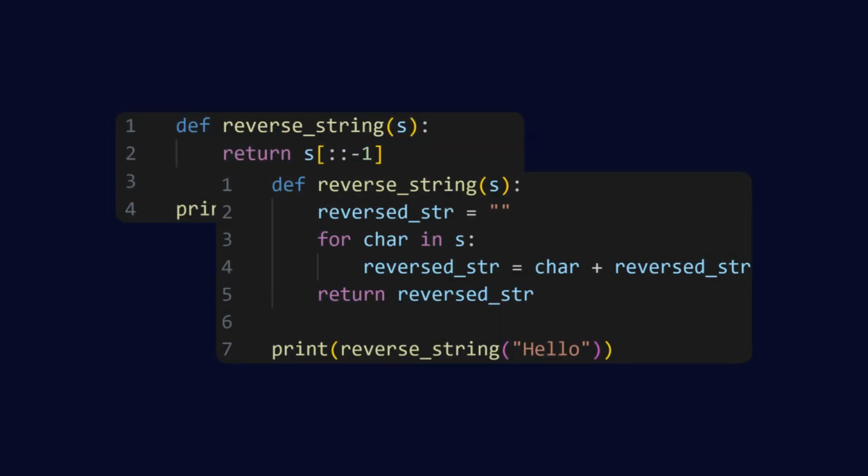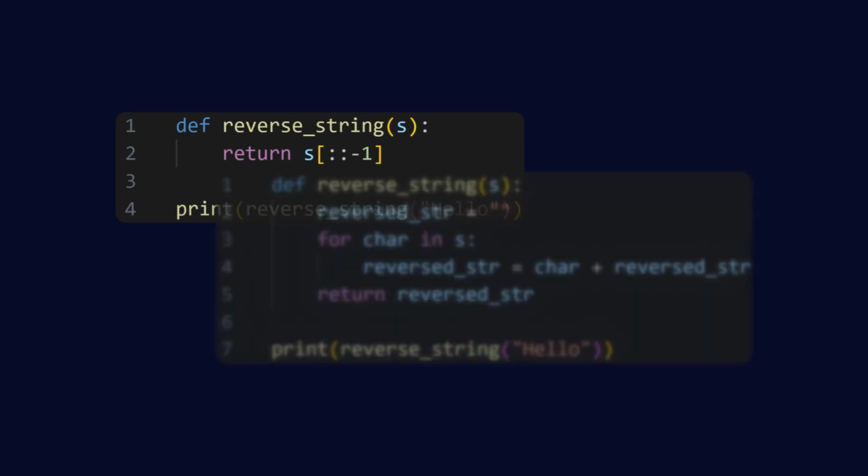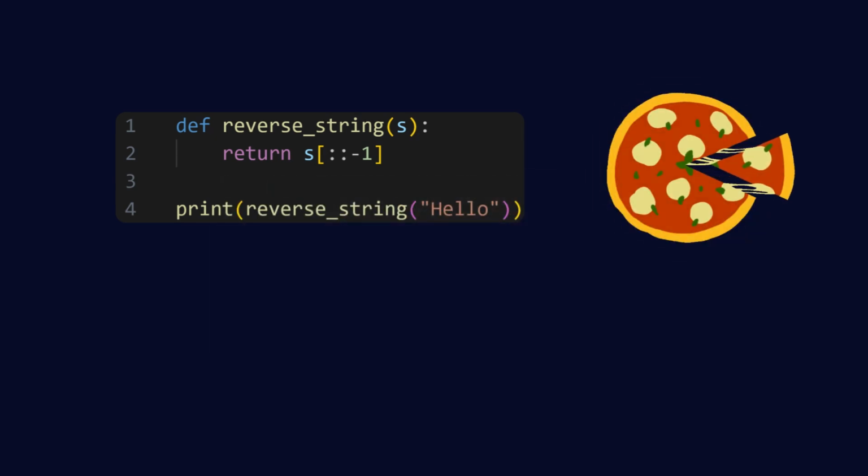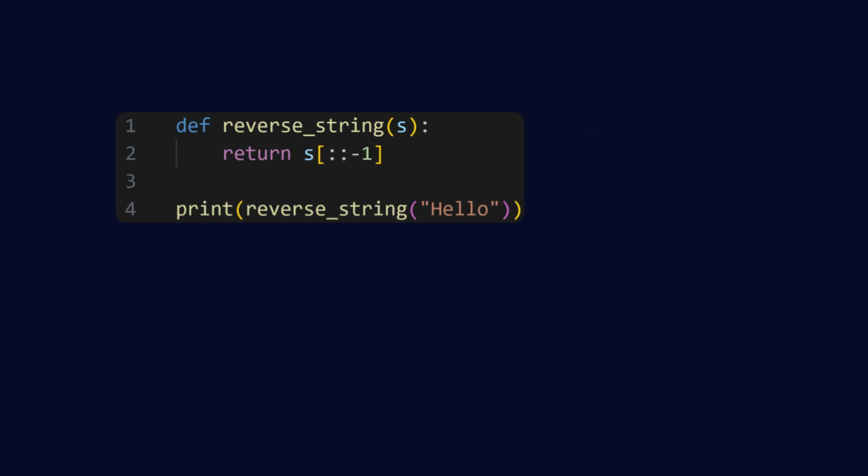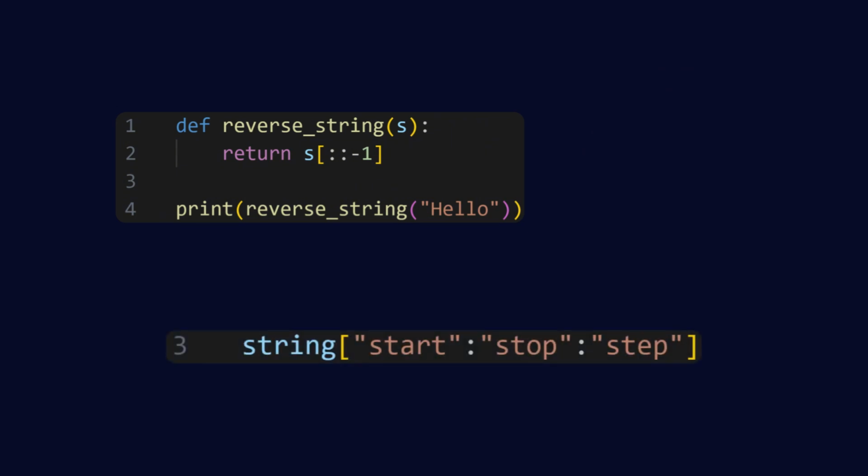Welcome back. Let's go over the solution. Here are a few ways to tackle this problem. The simplest and most Pythonic way to reverse a string is by using slicing. In Python, we can take slices of a list or string by specifying a range in brackets, like string[start:stop:step]. When we set step to -1, Python reads the string backwards from the end to the beginning, reversing